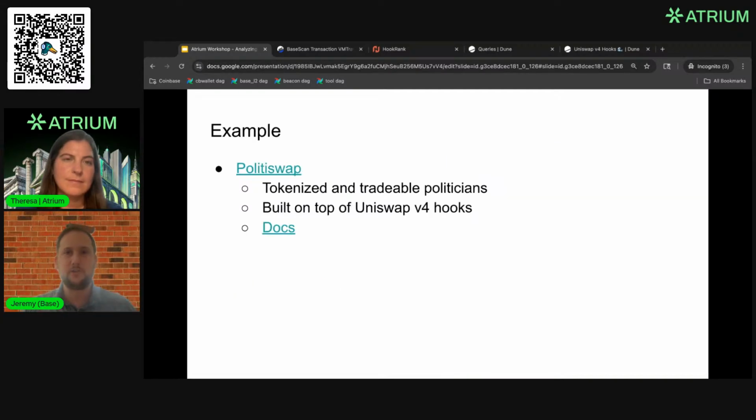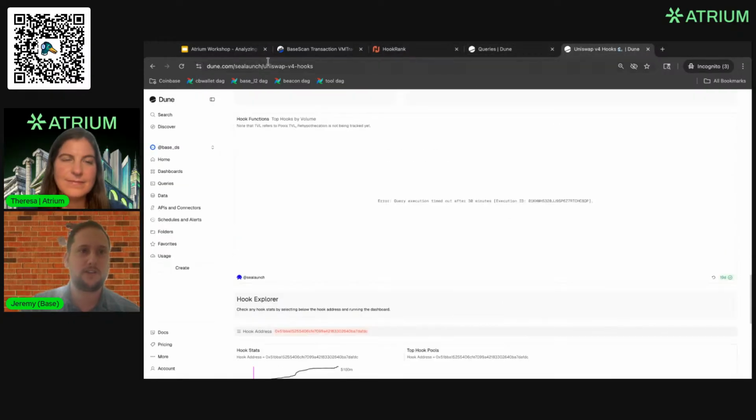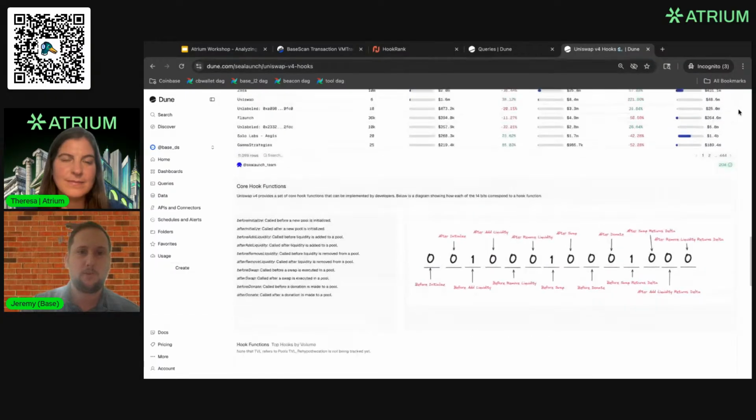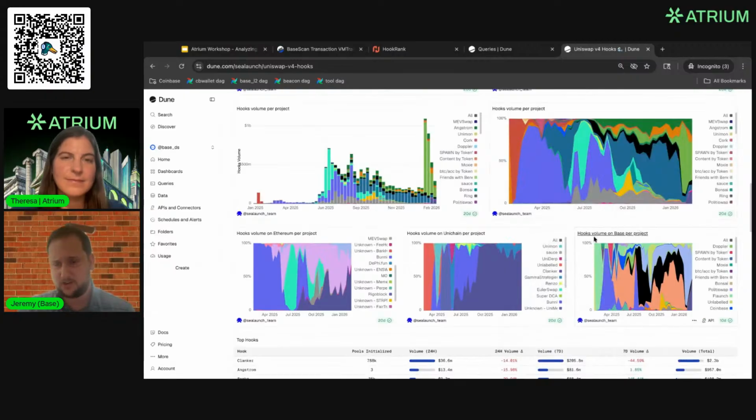So I think it's most useful for us to walk through an example where we go through this. I looked back through Uniswap V4 hooks, and C-Launch makes a lot of really cool dashboards on Dune. One of the dashboards they have is tracking different hooks. If you look at hooks volume on Base per project, and we highlight PolitiSwap, you can see